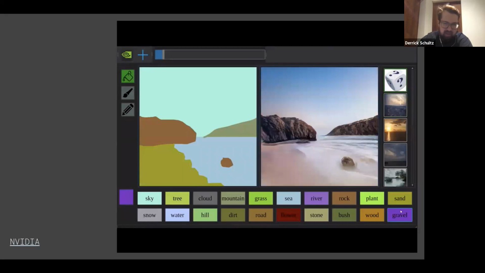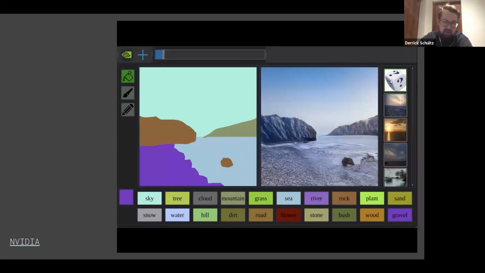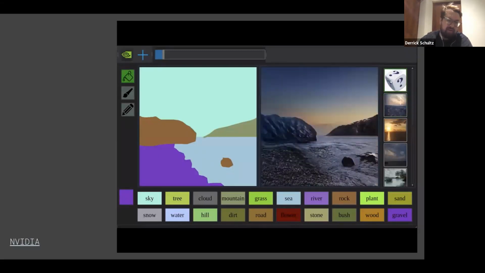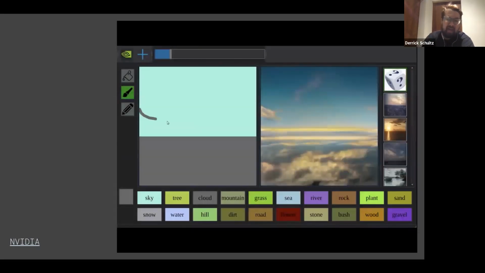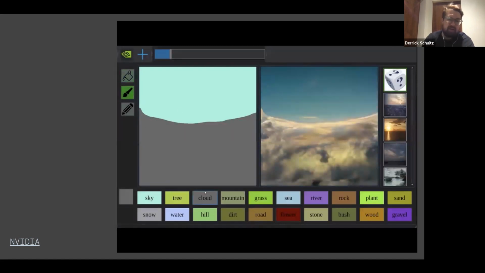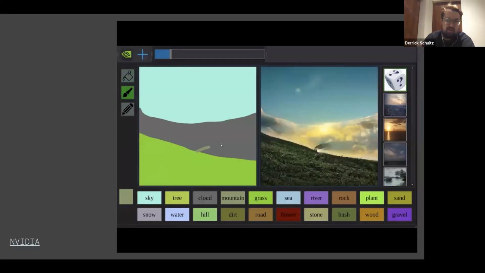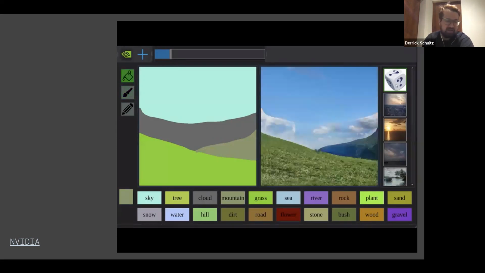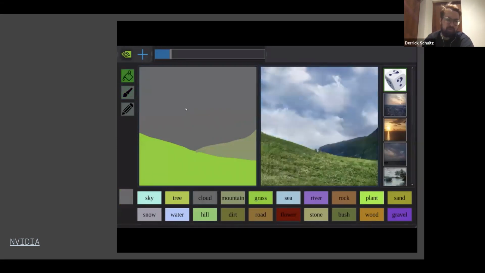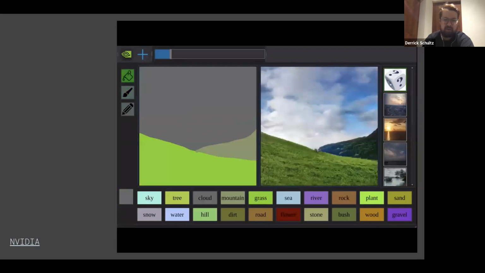Segmenting is a pretty common thing you'll see here, but it allows you to make pretty realistic images from this. I've seen a lot of artists in the gaming world use this as a way to start generating scenes for imagery and for games. It's a pretty interesting concept, and the reason NVIDIA is involved is that, as someone who makes a lot of gaming engines, they can build tools for gamers to do some really interesting work.